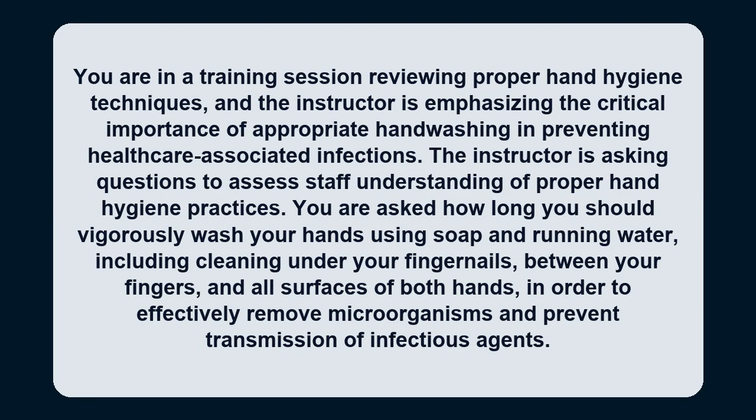Question 3. You are in a training session reviewing proper hand hygiene techniques, and the instructor is emphasizing the critical importance of appropriate hand washing in preventing healthcare-associated infections. The instructor is asking questions to assess staff understanding of proper hand hygiene practices. You are asked how long you should vigorously wash your hands using soap and running water, including cleaning under your fingernails, between your fingers, and all surfaces of both hands, in order to effectively remove microorganisms and prevent transmission of